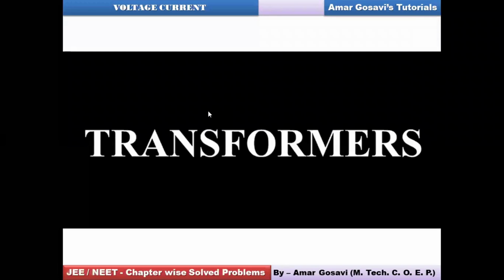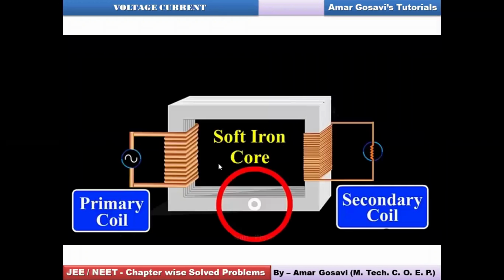Let's discuss transformers. The principle on which transformers work is the principle of mutual induction. So obviously when I say that, there would be two coils. One is primary, across which the current would be flowing, and another coil would be the secondary coil, across which you would seek the output. So the EMF would be generated across secondary, current will be flowing through the primary.